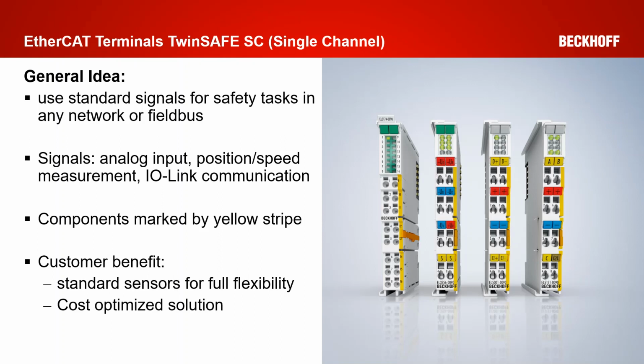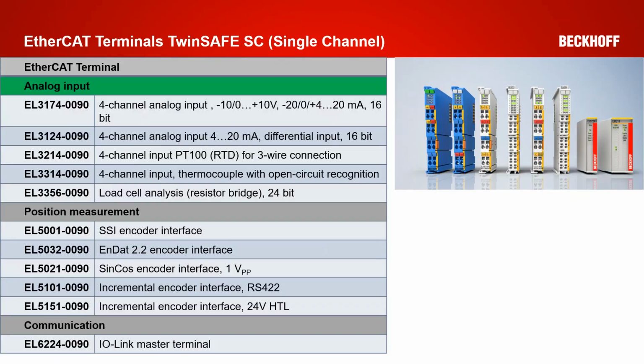Let's have a look at the product portfolio. On the analog input side, we have a wide product portfolio, starting with the EL3174-0019. We have here a 4-channel solution that is fully flexible and can be parameterized individually in different ranges of voltage measurement and also current measurement, but also just a simple 4 to 20 milliamp analog input terminal is available with the